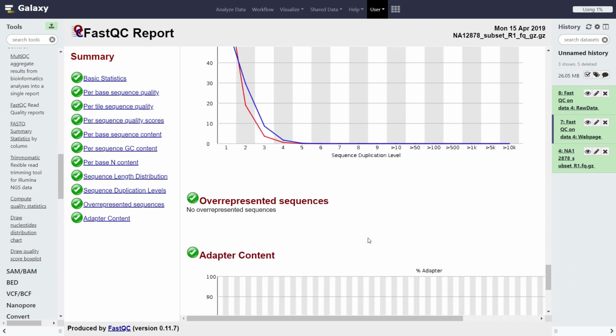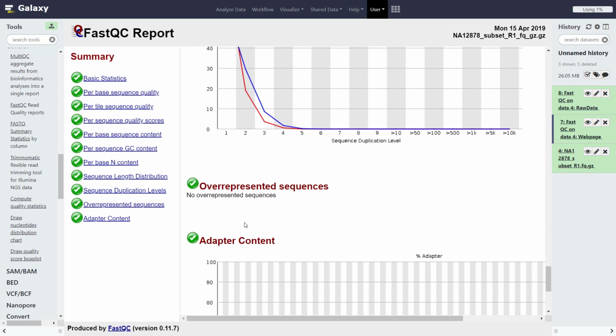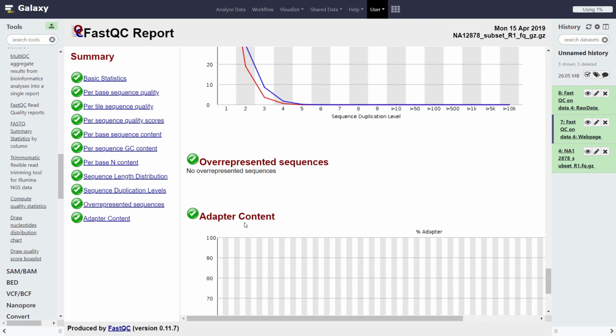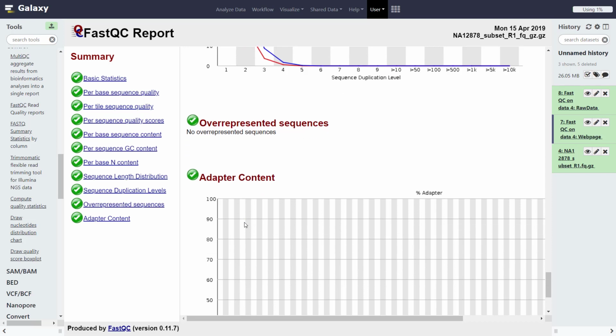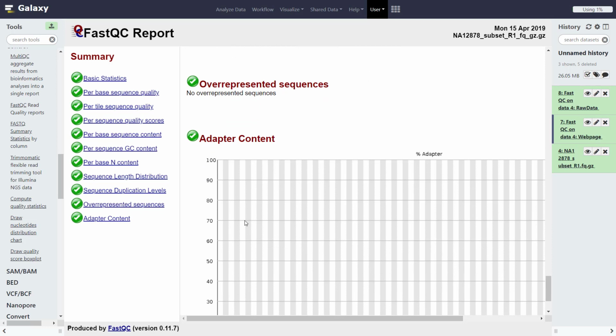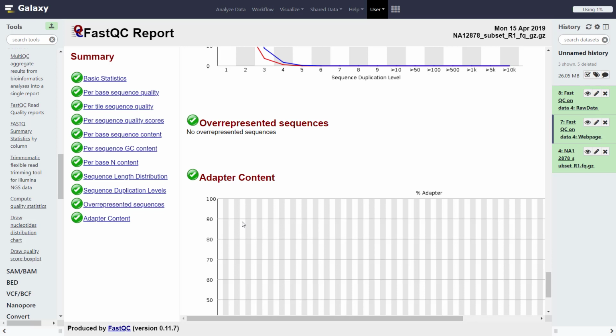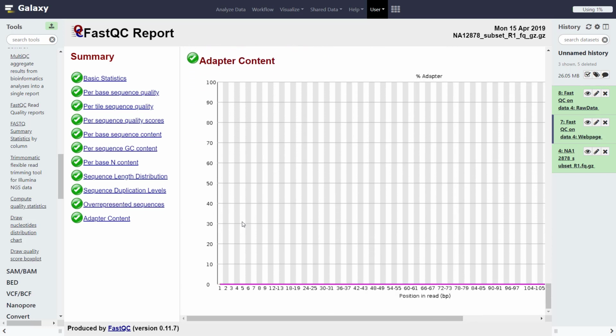Next, FastQC looks for overrepresented sequences. In our case, there are no overrepresented sequences. Now, generally, in a normal high-throughput library, which contains a diverse set of sequences, there are no individual sequences that are overrepresented. An overrepresented sequence could indicate either some highly biologically significant finding, or it may indicate that your library is not as diverse as you expected, or there's some kind of contamination. Again, important information to know.